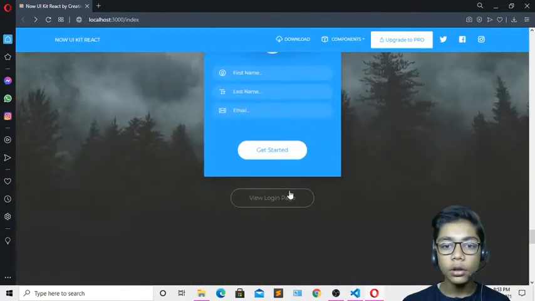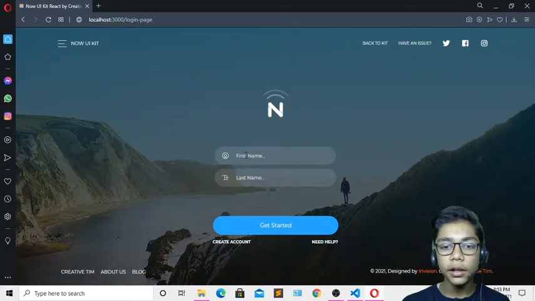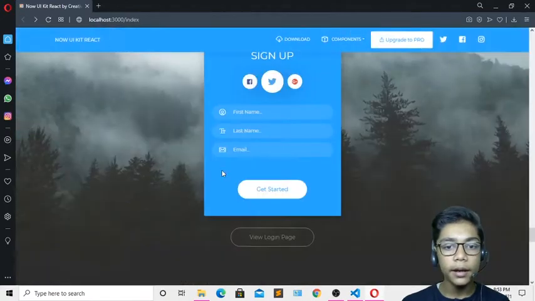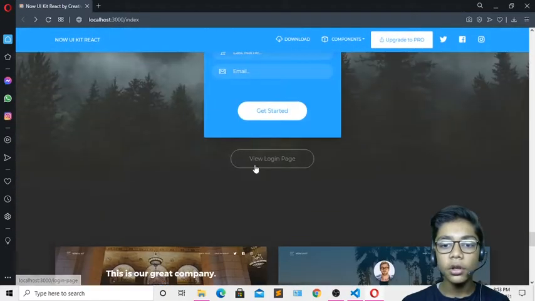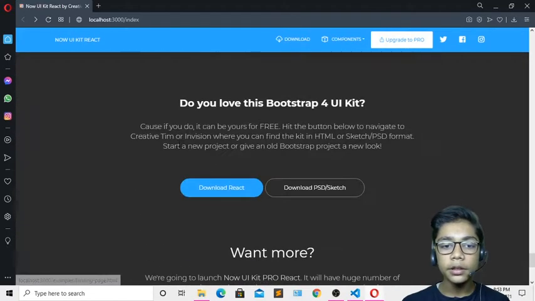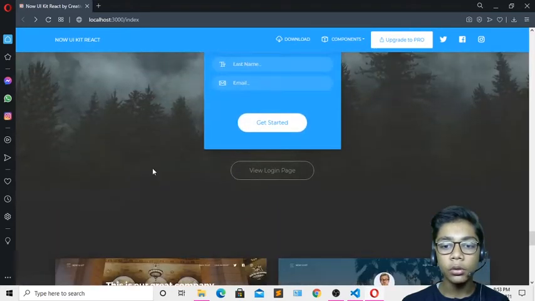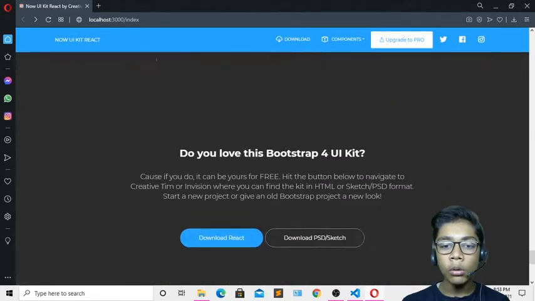So you can see we also have our sign up and login page. If you want to sign up, or if you want to view the login page, if I press it, you can see it is the login page. Press back again, you can see that we have linked this login page with our UI kit. Because of that, when I press the button, I get to the login page. Now how good looking is that?